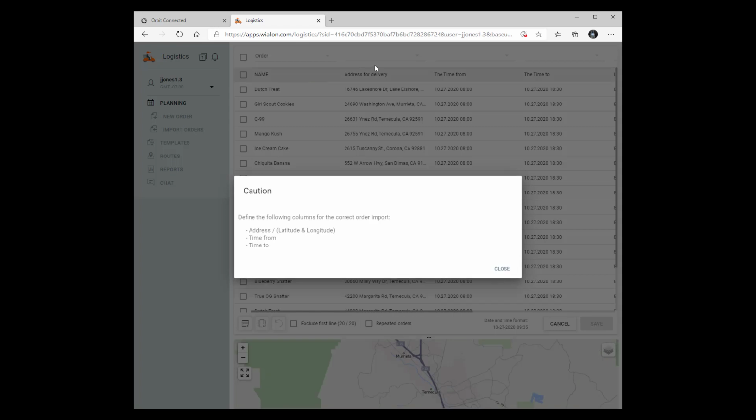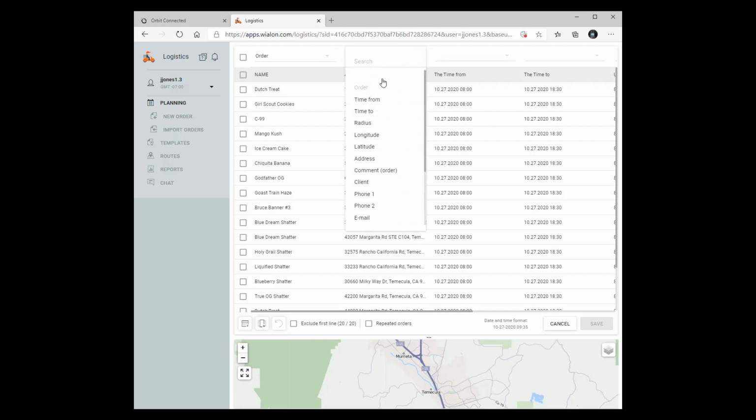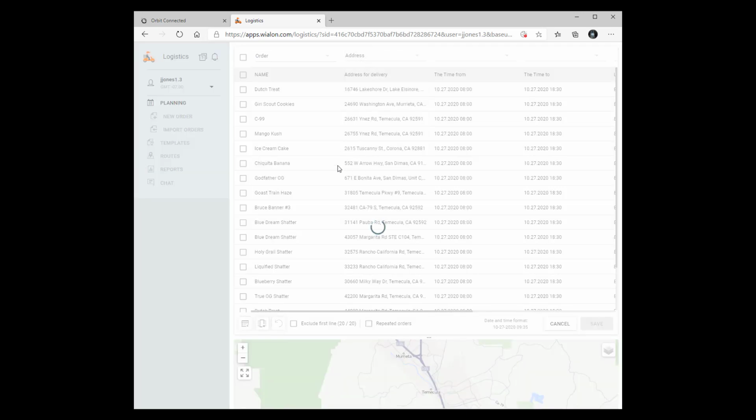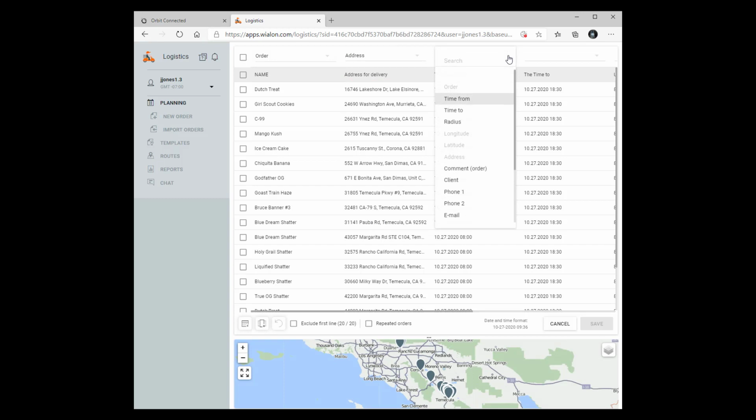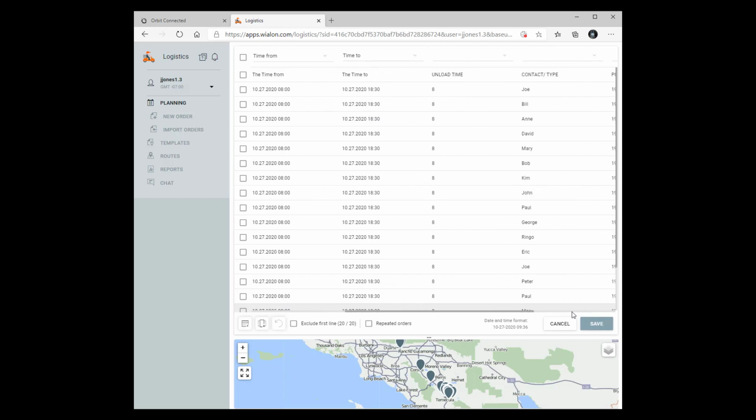Once you close the caution box, you see how you labeled the rows in the top column. Regardless of what you call them, the system needs to also identify them. At this point, start at the top left drop-down menu and choose Name. In the next column, Address. This will take a moment to organize. In the next column, you would choose the time from, and next, time to,